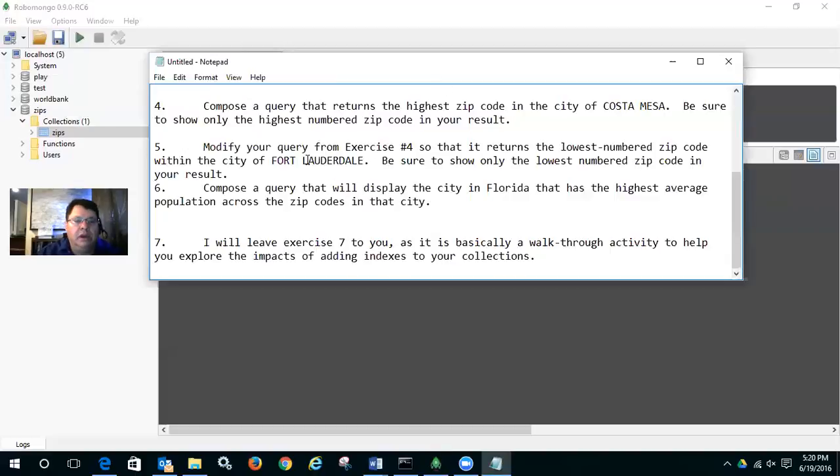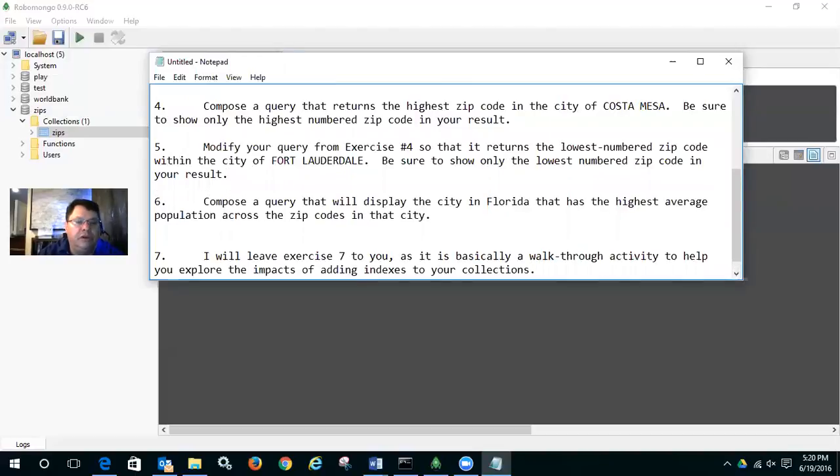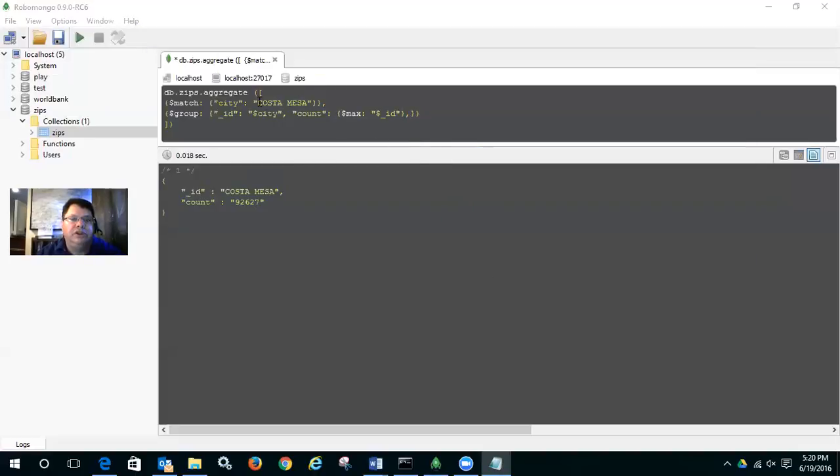All right, moving on with a little space here. So we're going to modify our query from the previous step so that it's going to get the lowest numbered zip code within the city of Fort Lauderdale, and be sure to show only the lowest numbered zip code in the result. Okay, so if we change this to Fort Lauderdale,